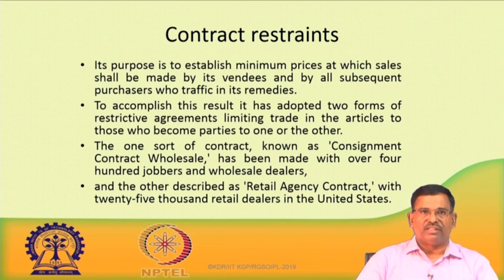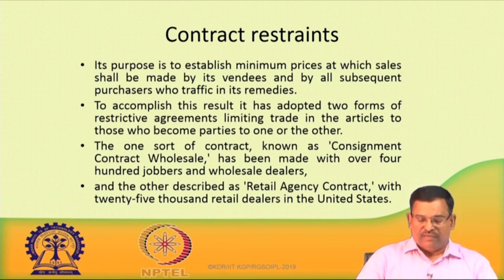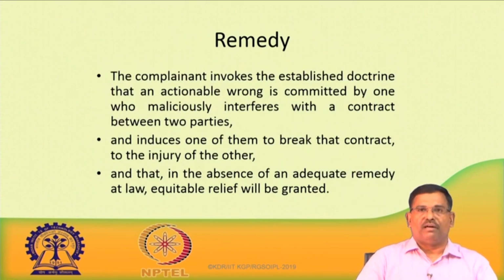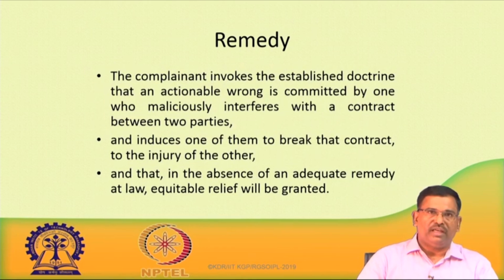So, whether the consignment contracts or the retail contracts and the price fixing contracts. Basically the retail agency contract. The argument that even 25,000 retailers all over the United States are not a justification to put unreasonable conditions. The conditions must satisfy the test of the Sherman Act section 1 and 2, and any kind of restraint of trade provisions are in violation of the Sherman Act.